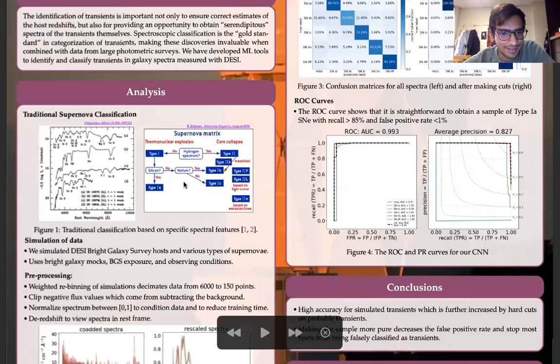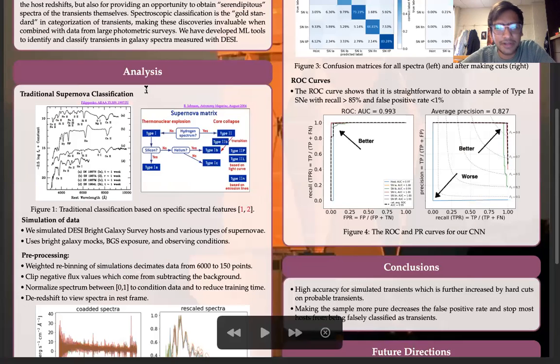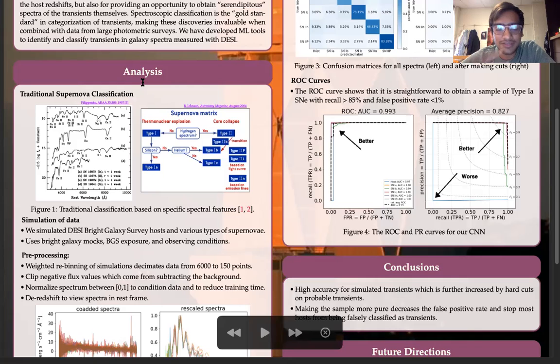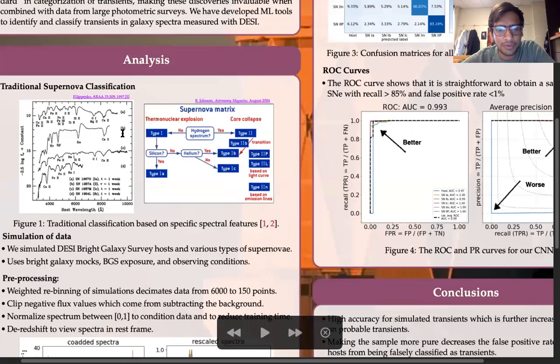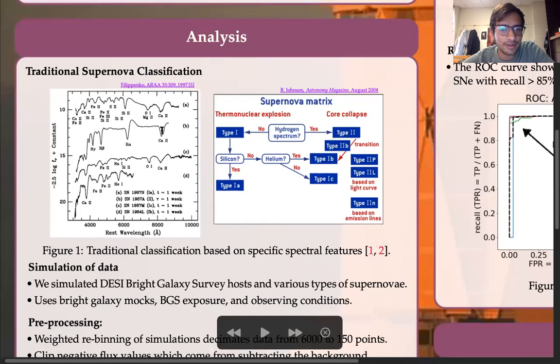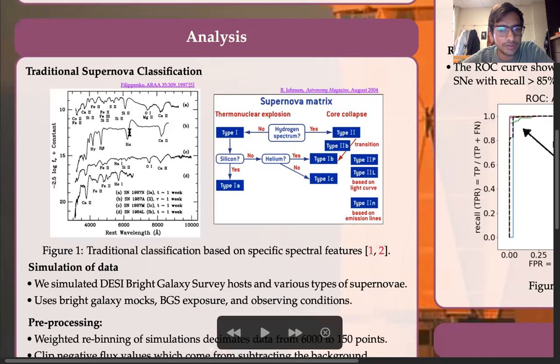I'm sure all of you have heard about machine learning, AI, things like that. The example that I like the most is using them to classify different cute animals like cats and dogs. What we are doing here is essentially the same problem, but rather than classifying cats and dogs, we are classifying these supernovae. And rather than using a 2D array of images, what we have is a 1D array of fluxes.